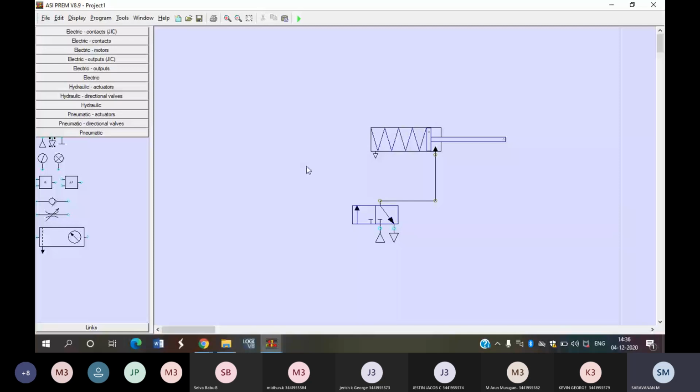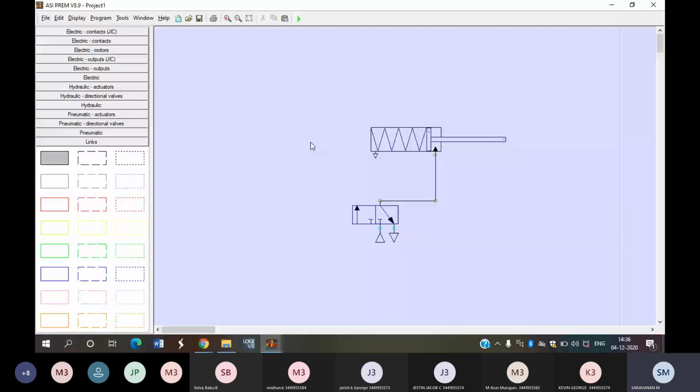So the tank symbols and all are available. And the line, this is your link. For connecting the link, a dotted line is required, you can pick like this, and colors are also available here. So based on our requirement you can choose any of the link lines here. Either a center line, you have to make it like this, your wish, right?